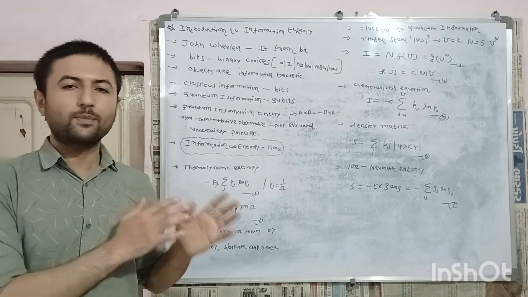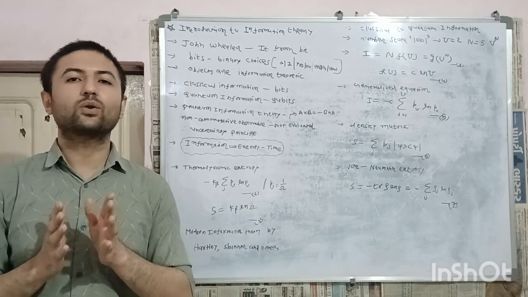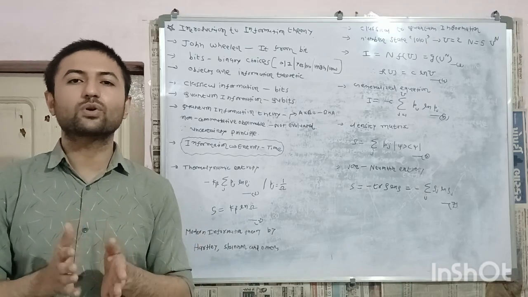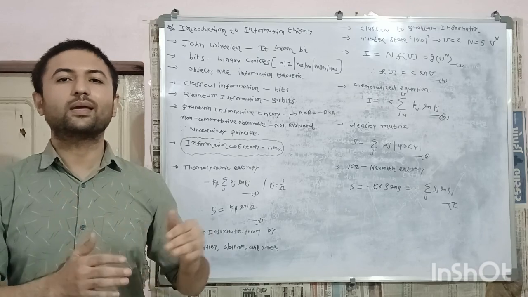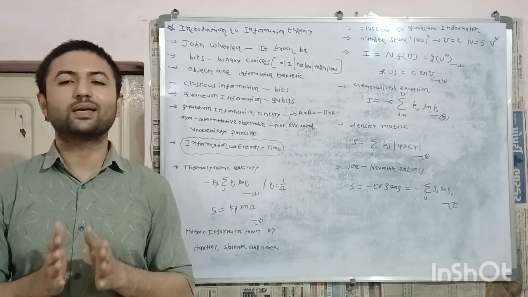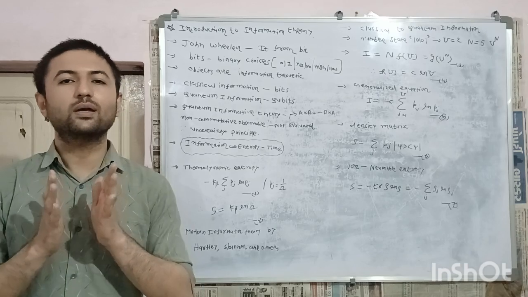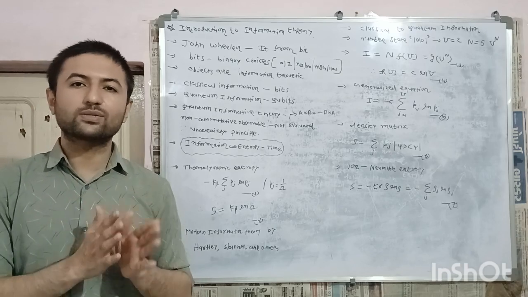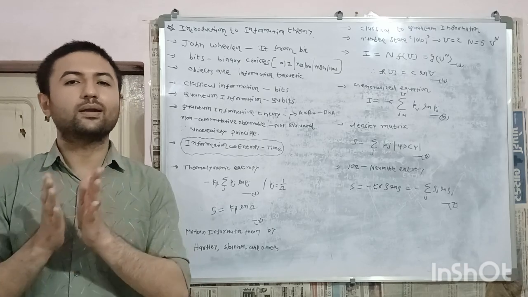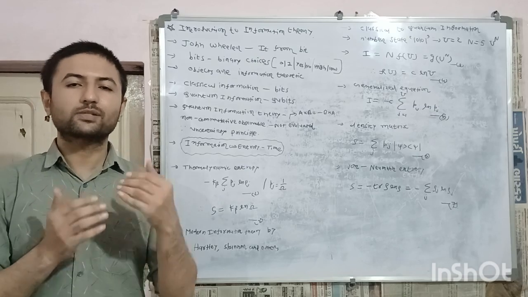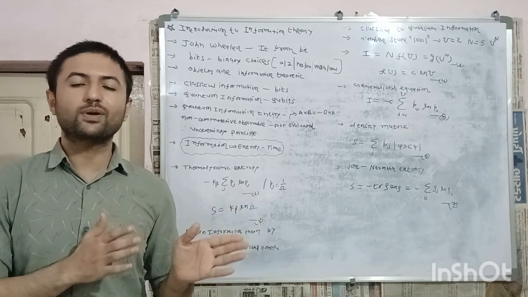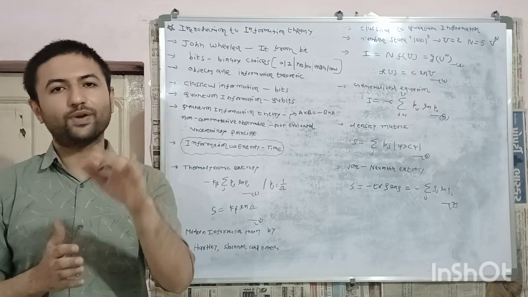In the present video, we will define information in terms of entropy, and by the end of the video you will see that there is a deep relationship between information and entropy. There is also a deep relationship between information and time. I will explain the relationship between information and time in my next videos.